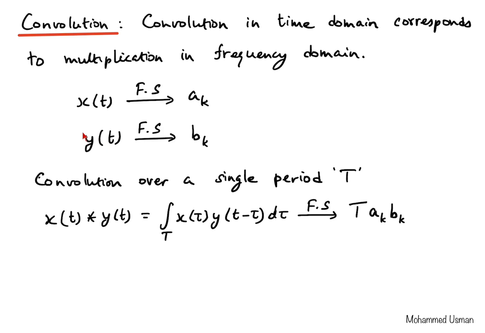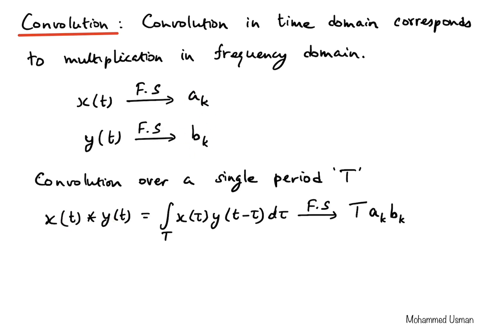So if we have two signals x of t and y of t with their respective Fourier series coefficients ak and bk, then if we produce a third signal by performing the convolution between x of t and y of t, then the Fourier series of this convolution output would be the product of these individual Fourier series